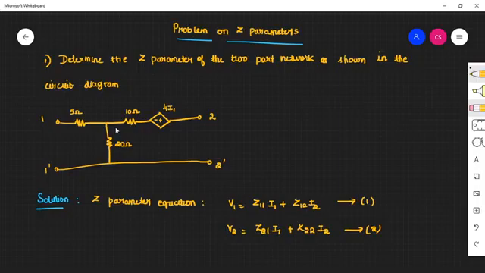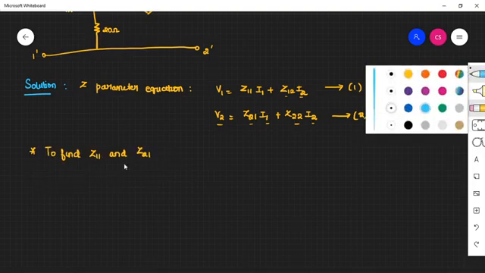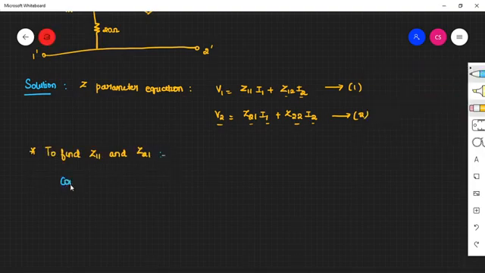We know the Z parameter equation. It is given by V1 is equal to Z11 I1 plus Z12 I2, and V2 is equal to Z21 I1 plus Z22 I2. Now we will first find Z11 and Z21. So starting with the solution, let us first find Z11 and Z21. For this, we are going to connect a voltage source